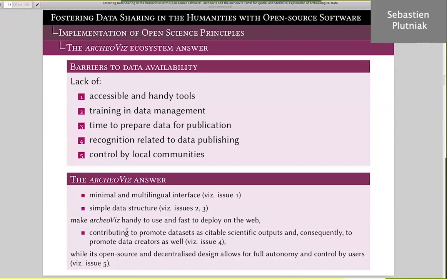And regarding recognition, there is special attention paid to authorship and to promoting the work made by researchers on their datasets. So datasets are citable, and the archeoViz instances themselves are citable. And as Élisa said,